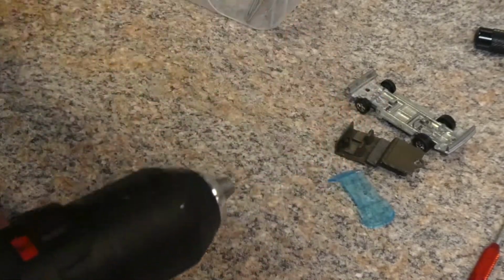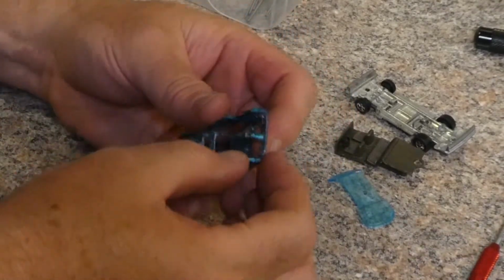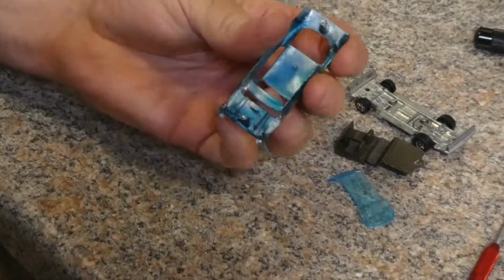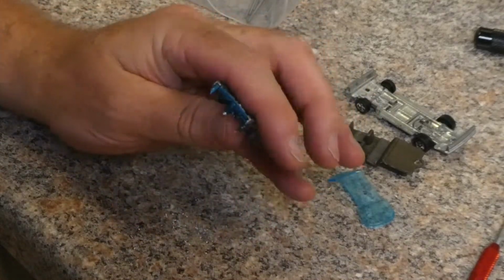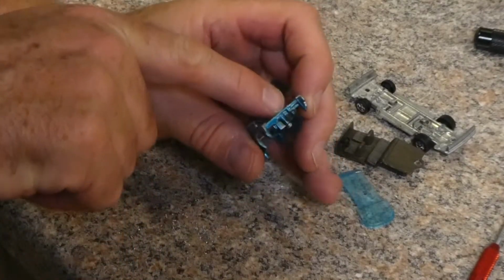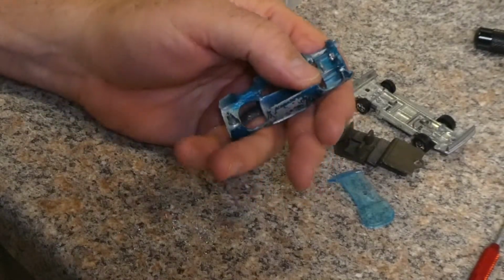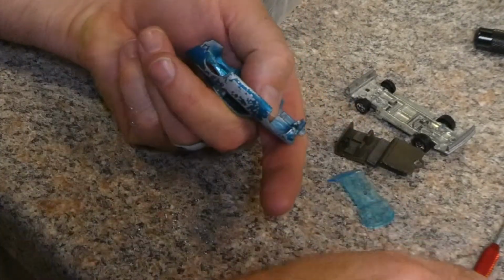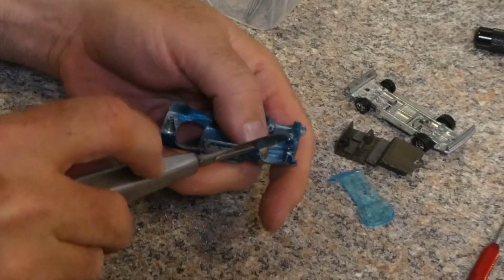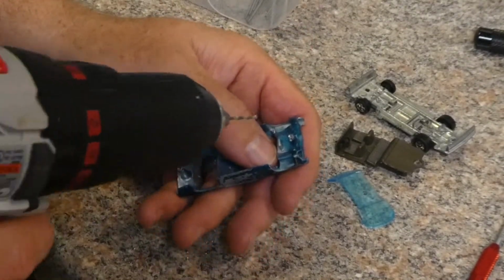That's pretty deep. It's a good one. And yeah, this one we've got to be a little more careful with. It is a little skinnier, and it pokes up through the hood. The last thing you want to do is poke a hole right through the motor, the engine. And this one's already fallen apart. It's too close to this edge over here, and it's already poked through. So I'm going to need to try and go at an angle up this way to